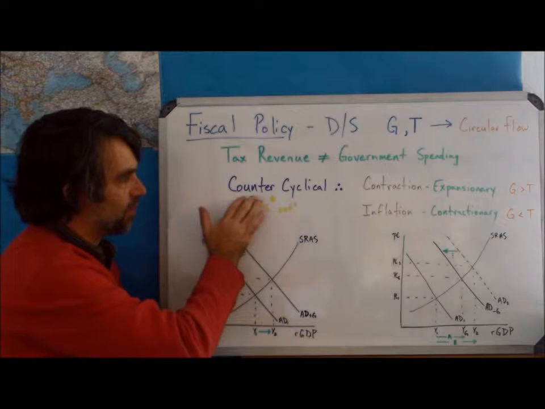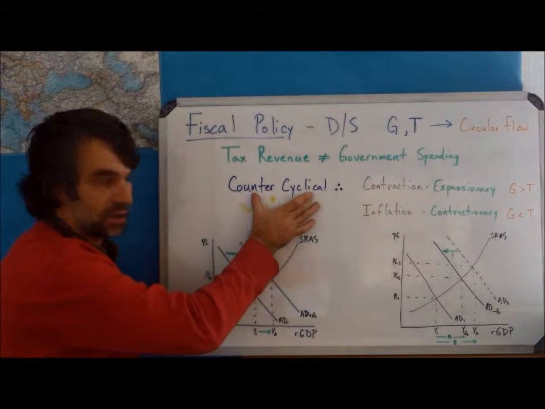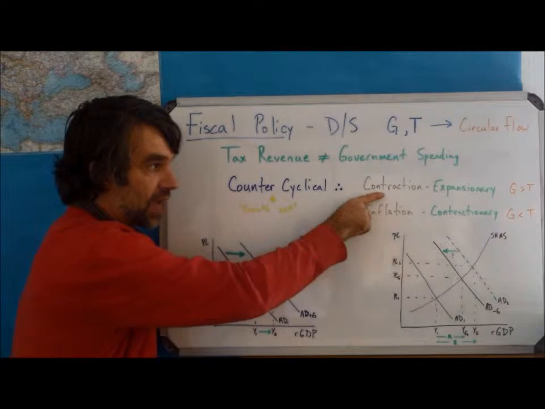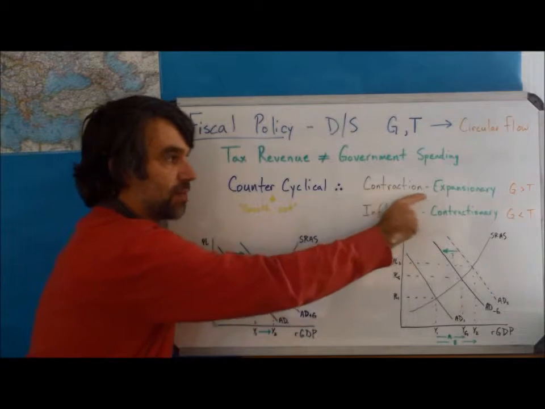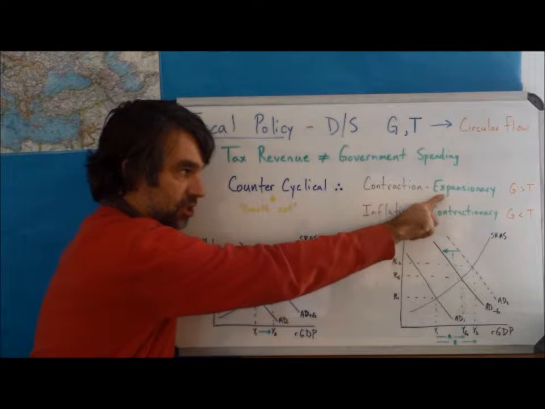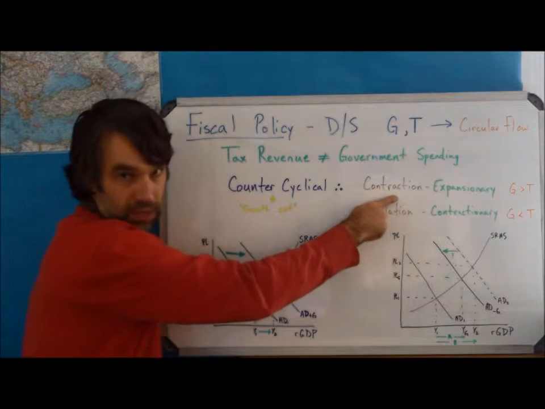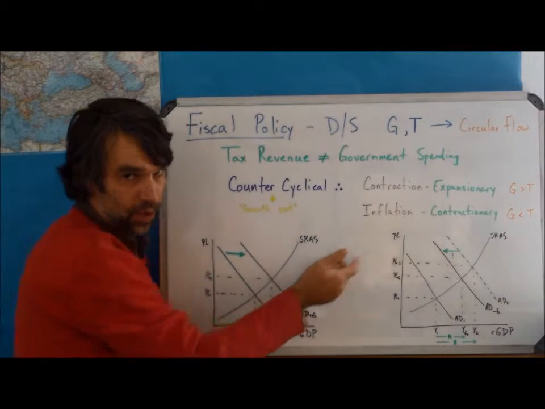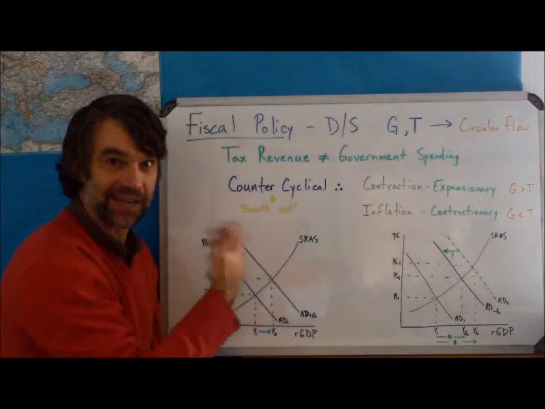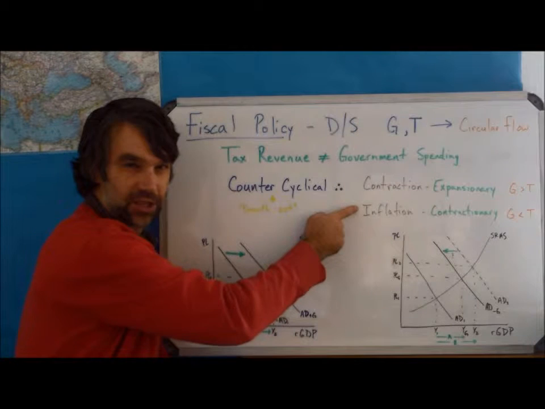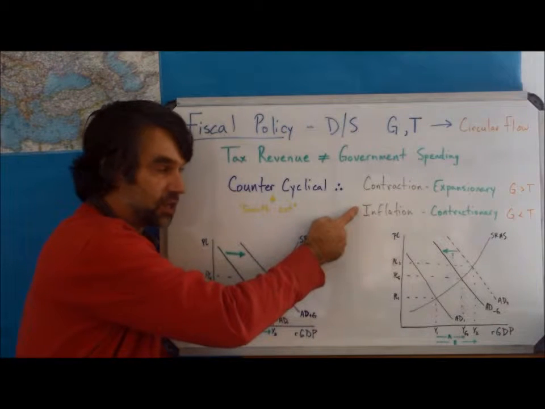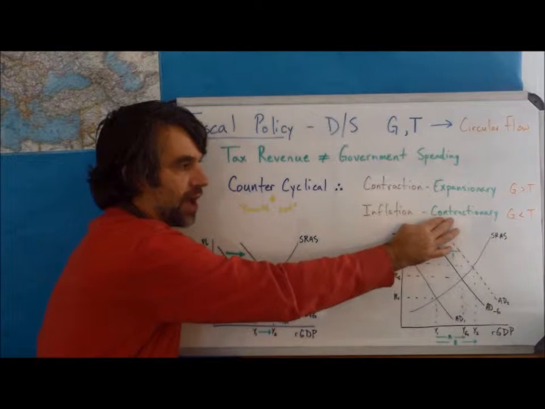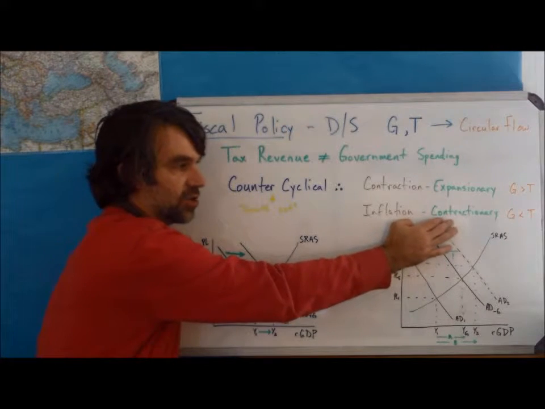Fiscal policy, remember, is always going to be countercyclical, which is to say that if the economy is in a contraction, then the government's going to try to make it expand. So expansion is countercyclical to the contraction. If inflation is occurring, remember, we don't think an expansion is bad, but expansions always go hand in hand with inflation. So if inflation is our worry, then we're going to try to slow down the economy via contractionary